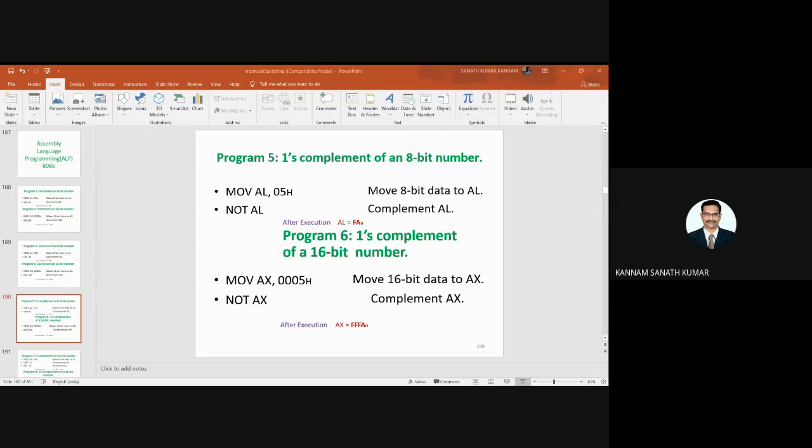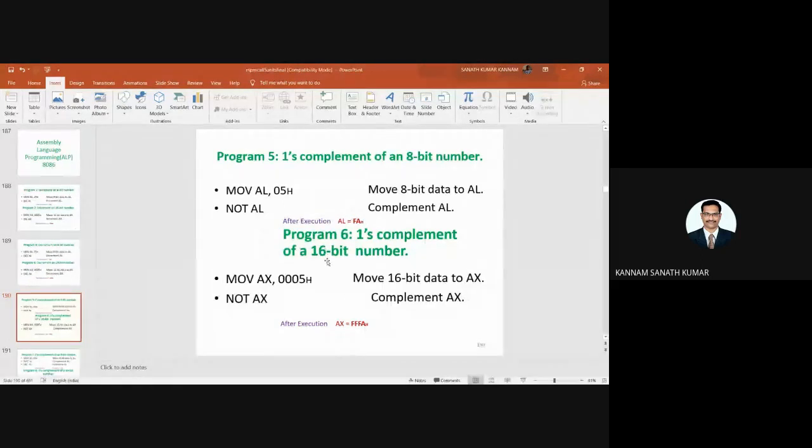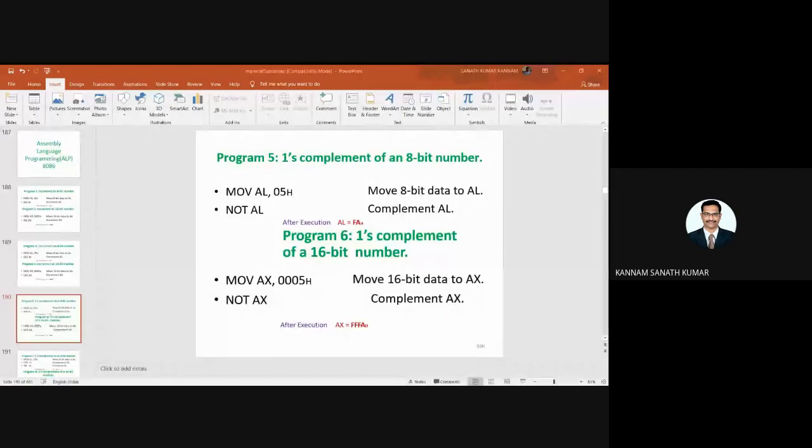That means 1111 and 1010. So 1111 is nothing but F and 1010 is nothing but A. So after performing the ones complement, you will get the result as FAH.